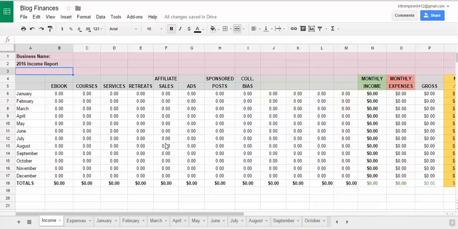All right, this is the basic layout for the blog income and expense report trackers that I have created for you. I'm going to show you how it's set up to make it very easy for you to use and customize, and I'm going to just pop in a few different transactions as examples so you can see how it all works. So when you first get your template, after you save it and open it in your own Google